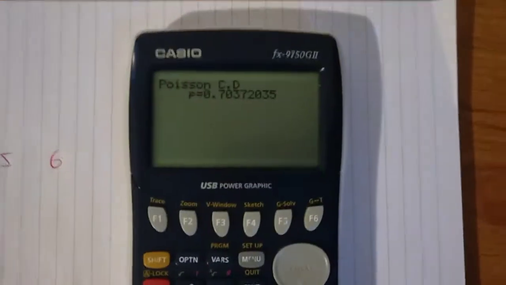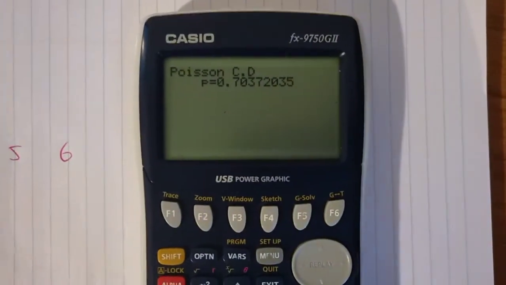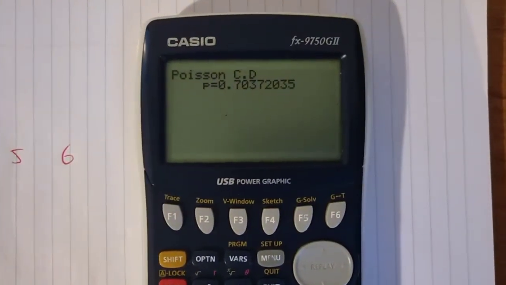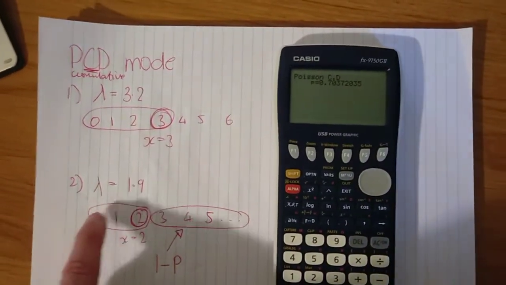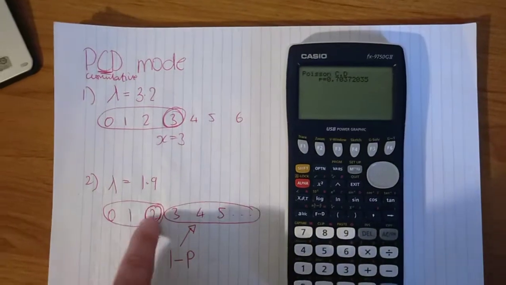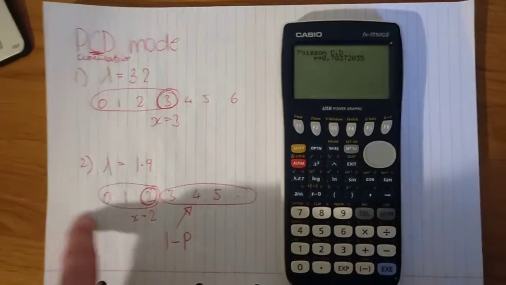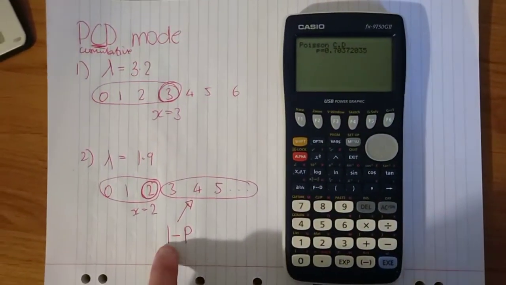When we click execute, that tells us the probability is 0.7037. So that means the probability of getting 0, 1, or 2 is about 70%. And if we do our 1 minus p trick, that